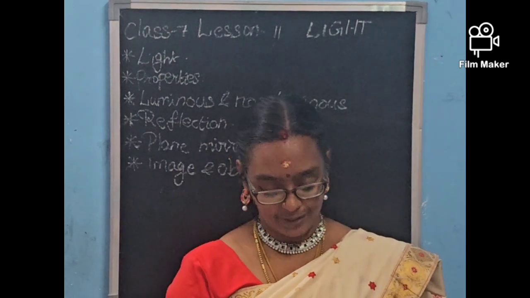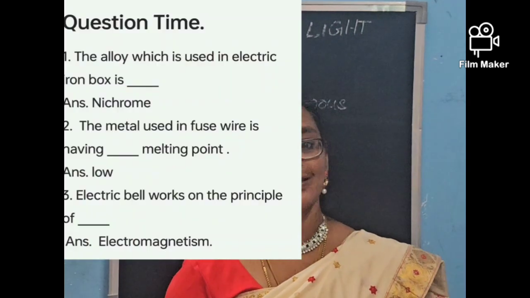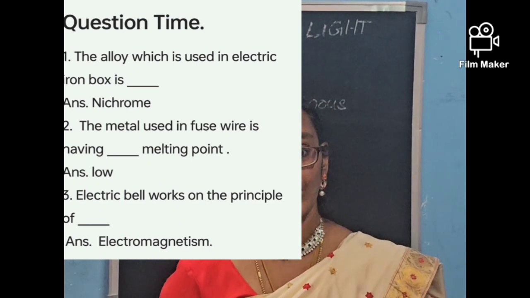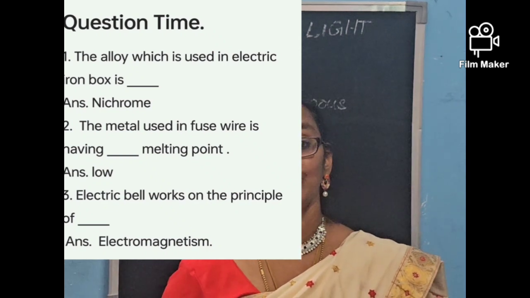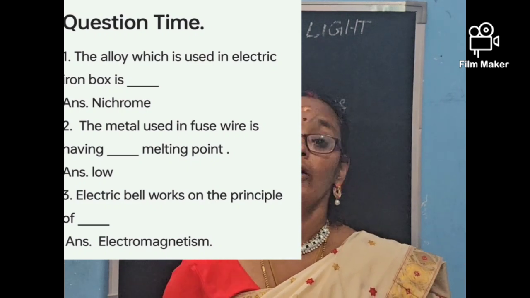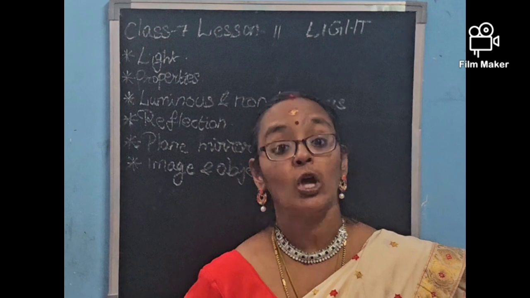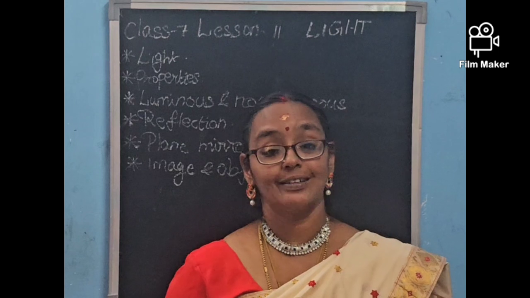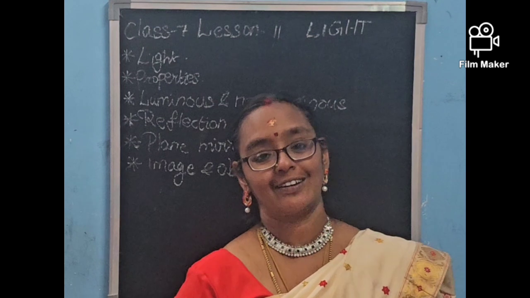They are here. The alloy which is used in electric iron box is. What is the answer? The alloy which is used in electric iron box is nichrome. Second one, in fuse wire, the metal which is used is having low melting point or high melting point is the question. It will always have a low melting point. Then only it will break quickly,